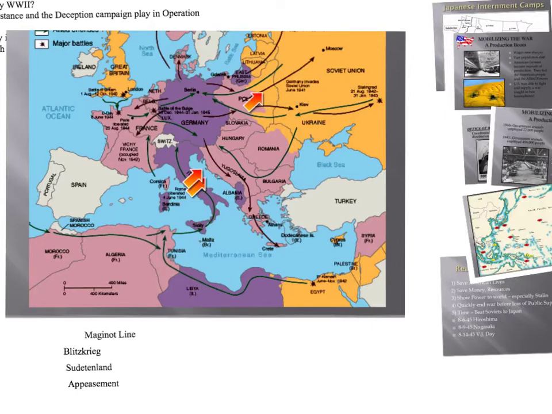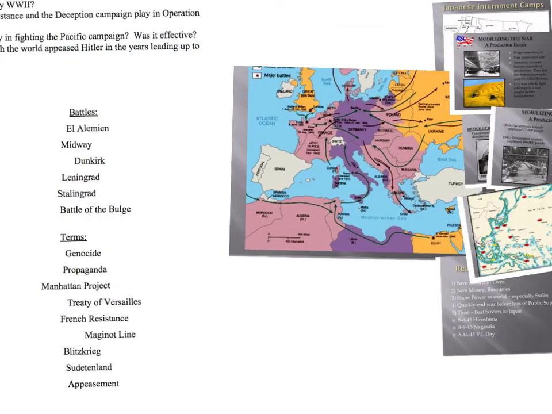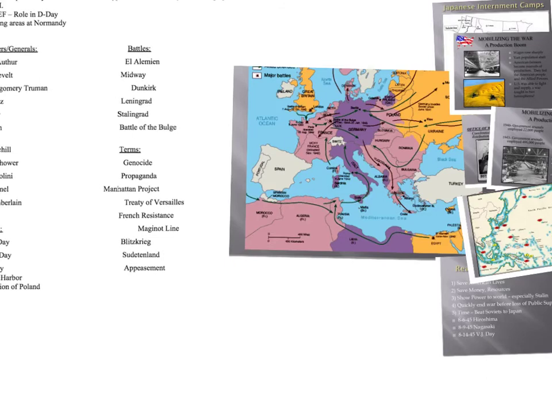At that point then you have D-Day. So you have the invasion here, and then you have this war on 3 fronts for Hitler, which basically led to his defeat. So that talks about Blitzkrieg, the lightning war, the quick initial attack by the Germans. They go around the Maginot Line. We talked about appeasement. We talked about the Sudetenland with appeasement, the Treaty of Versailles, all these things you should be familiar with.